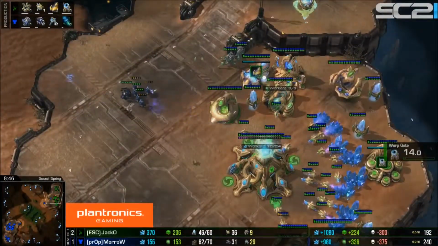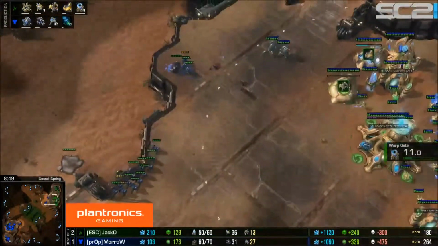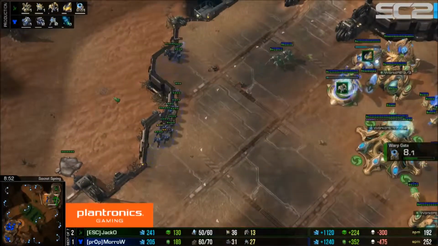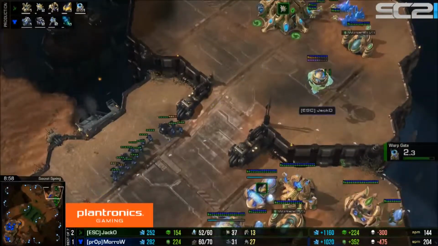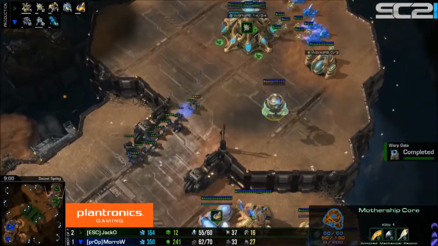And MorroW forces out this Photon Overcharge. The rest of the units begin to move forwards, and again, this is a great little position for MorroW now. He's going to be able to actually go up to the natural and force a Photon Overcharge up there as well. And that means he's going to be able to...